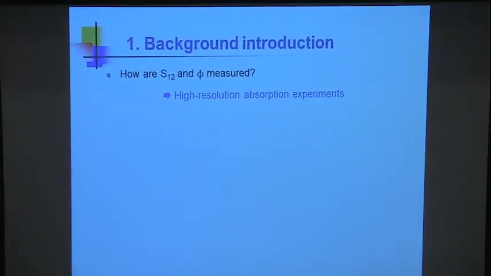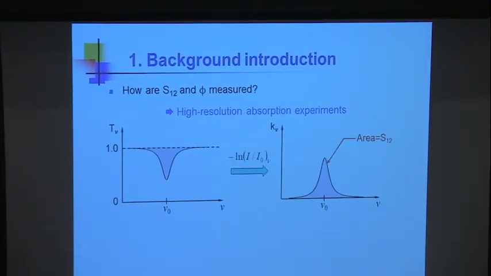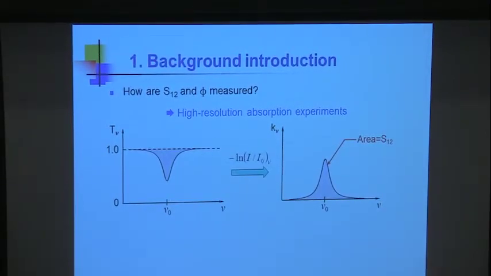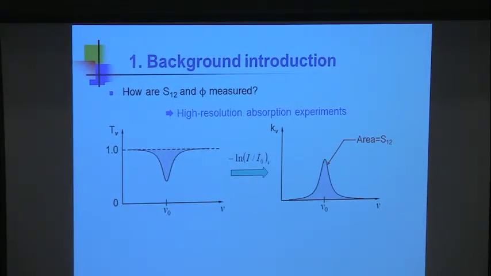Best way, I think, is a high-resolution absorption experiment. So we'll put some gas in a cell, control the path length, control the pressure, scan the laser across a candidate line, and measure the fractional transmission. Take the negative logarithm, that's now K, and here's our spectral distribution of K. The area under that curve is the line strength,